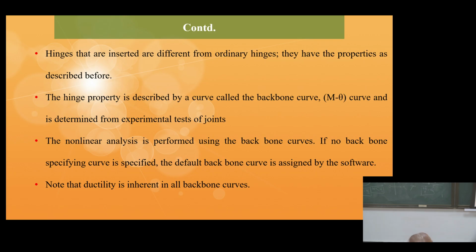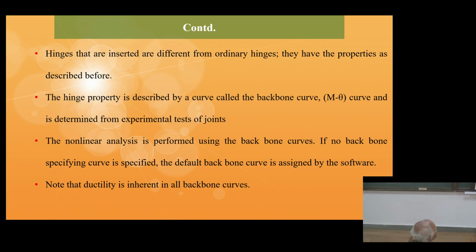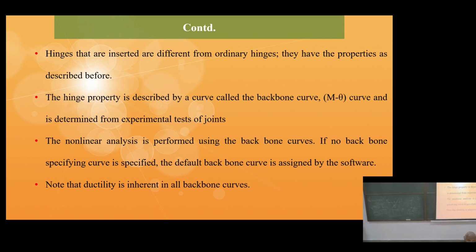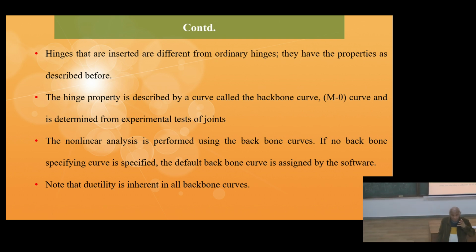So hinge property is described by a curve called the backbone curve or M-theta curve and is determined from experimental tests of the joint. Non-linearity is performed with no backbone curve specified, or a curve specified. The default backbone curve is assigned by the software. Note that ductility is inherent in all backbone curves. So that is what I told you in the beginning, that some of the important fundamental things about this